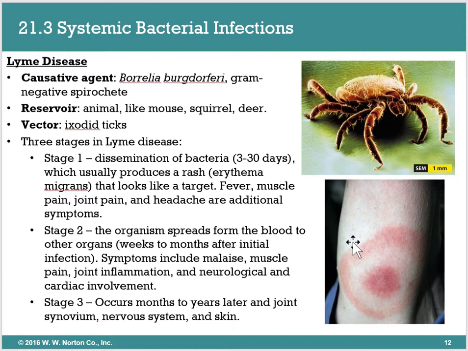And then after months and years, what will happen is that the joint will be borderline like arthritic. You'll feel like you have arthritis. And then your nervous system is also affected, as well as skin. So with your nervous system, you can have some cognitive decline, or like the excessive headaches and migraines. And then with the skin, depending on the person, but a good presentation is generally the skin becomes very, I don't want to say scaly, but it becomes very dry, very hard to maintain moisture, and very sensitive. So that's Lyme disease.